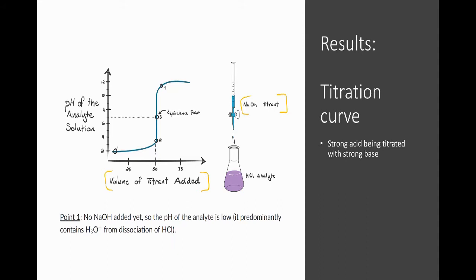Now the second thing that you keep track of is the pH of the analyte solution. So for the analyte, we're keeping track of pH, and for the titrant, we're keeping track of volume, all right? Now the volume of the analyte you'll know from the beginning. So you'll want to know the initial volume of the analyte. But the main things we're reading throughout the experiment are the pH of the analyte, and then the volume added